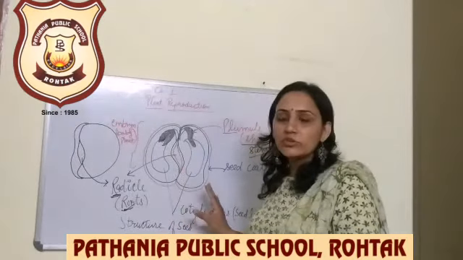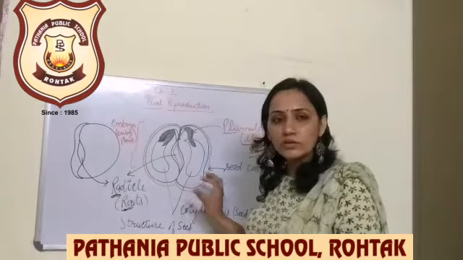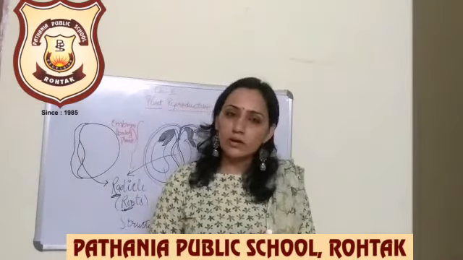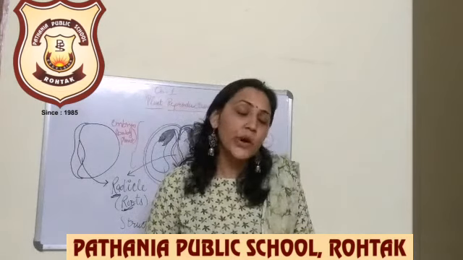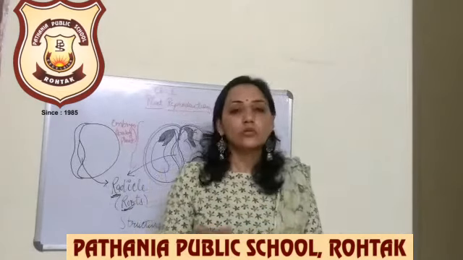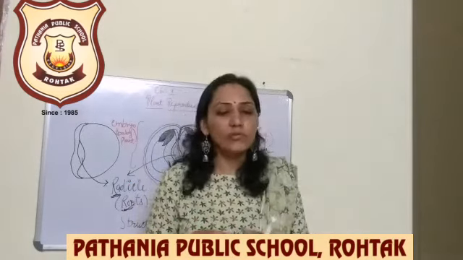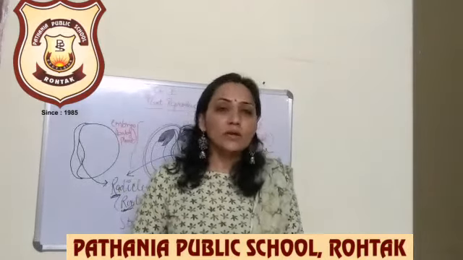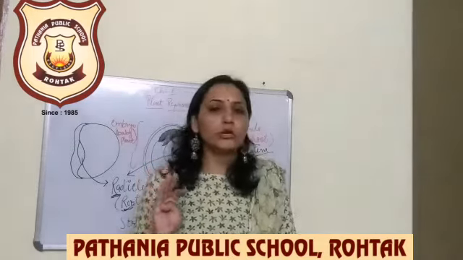What are the basic functions of the seed coat? What are the basic functions of the parts inside? Plumule converts into shoot, radicle converts into roots, the embryo is called the baby plant, and cotyledons provide nutrients to the baby plant so that it grows into a root and shoot system. Mainly all flowering plants have this type of structure. Clear, beta?